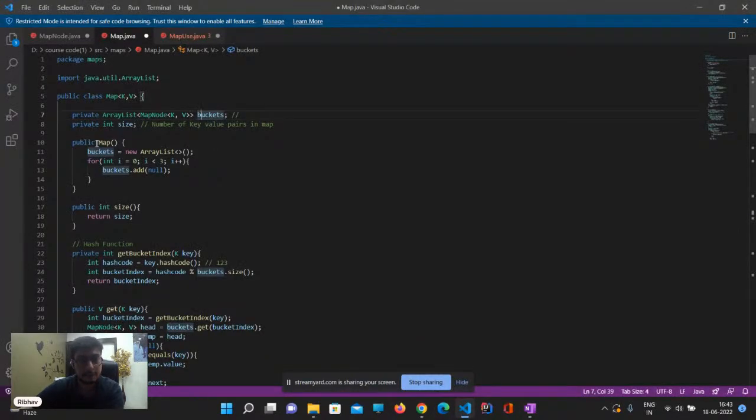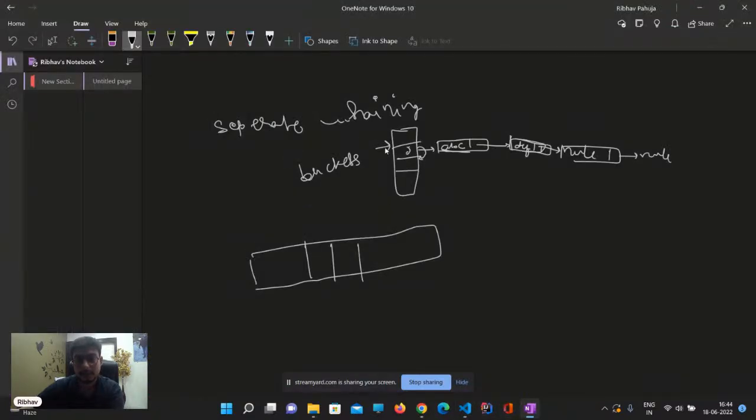Whenever we declare a map object, we do buckets equal to new ArrayList, so that it is easier to initialize the buckets object with the size of 3. So what I do is buckets.add(null). Essentially, these are all pointing to null objects.